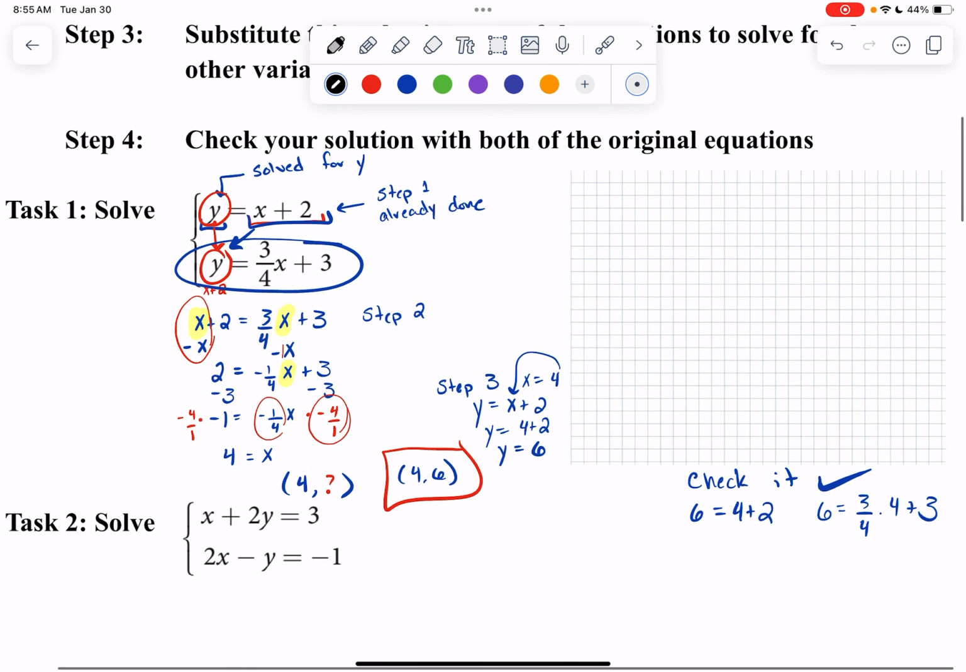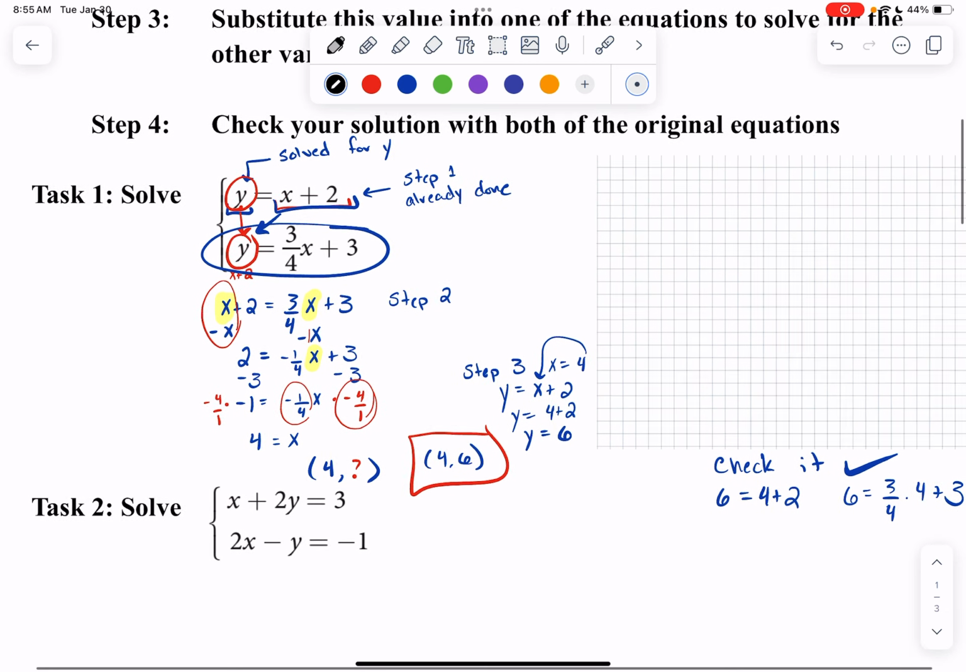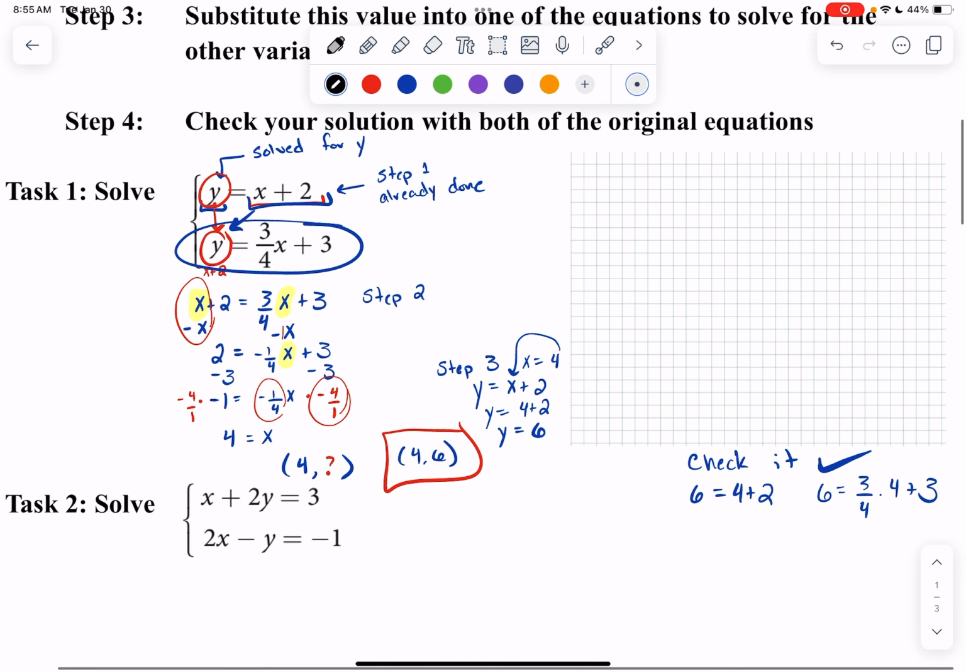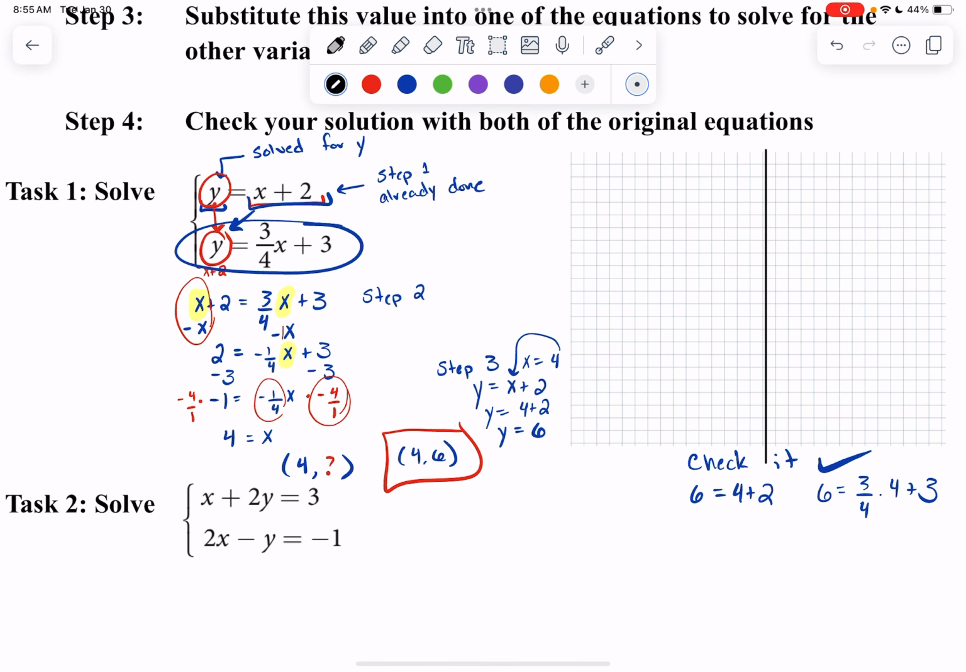Now, our previous method of graphing will still work in this case, meaning I could have solved this by graphing. Let's graph it real quick and we'll see how it relates. So here, this equation is y equals. My slope is 1. Y-intercept is 2. Slope is 1. Up 1 over 1, up 1 over 1. So it's going to be like this line